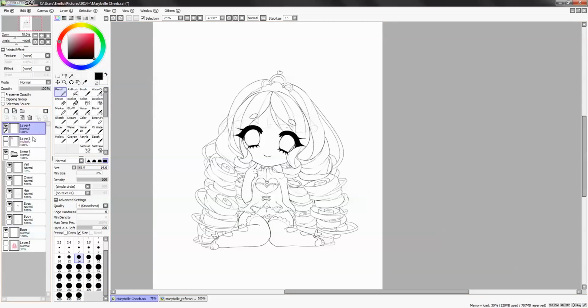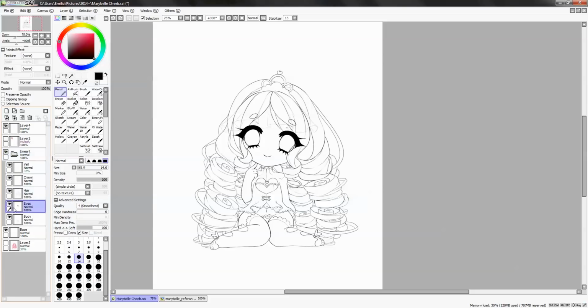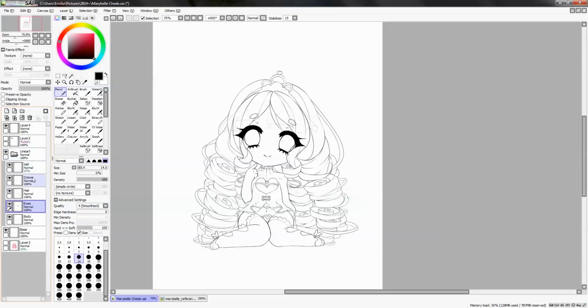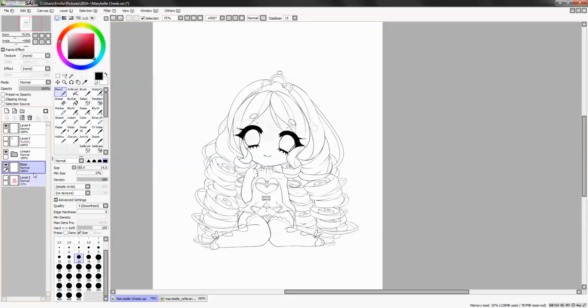Many of you have asked how I color inside the lines, so I'm going to show you how I'm doing it. I have a group of line art. I don't always have that, it depends if I have many details or not. But this is my group of line art. And beneath that, I create a new layer, and I just name it base. To name a layer, double click on the layer and write the layer name. I have my base layer now.